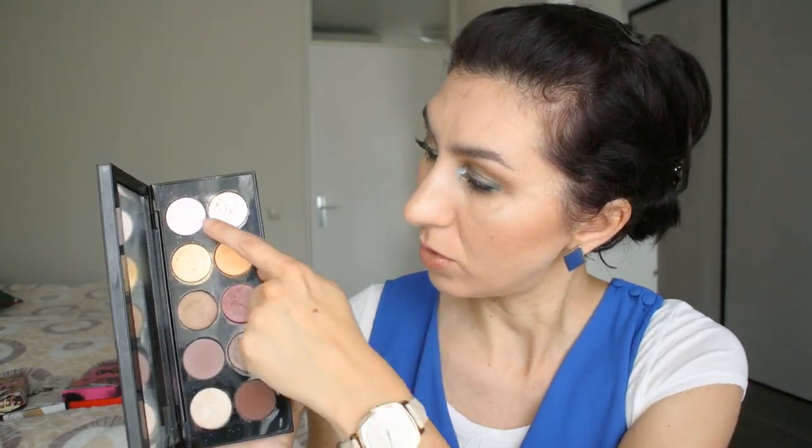The only thing I would put down as a criticism for this palette, actually two things. One, there are a lot of repeat shades in here. There are 1, 2, 3, 4 repeat shades in this eyeshadow palette. This one's technically not a repeat shade because it comes from her highlighter trio, but if you happen to have the highlighter trio, it is a repeat shade for you. So I think for a 10 pan, it would have been nicer to not have repeat shades,